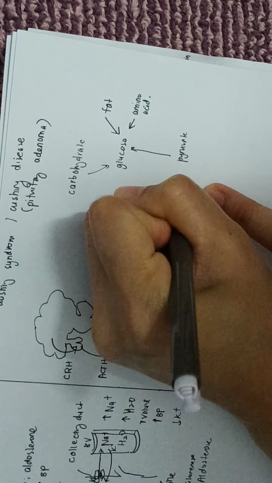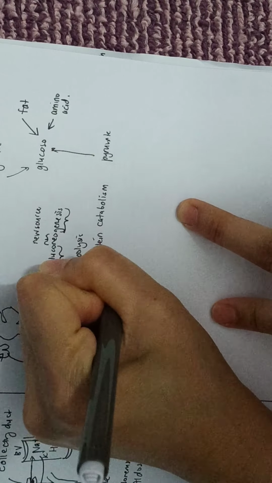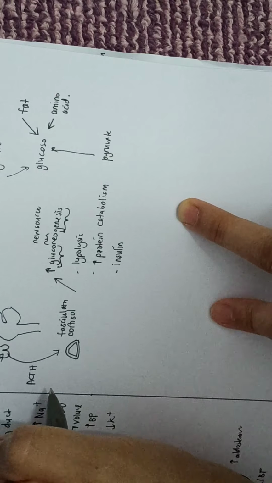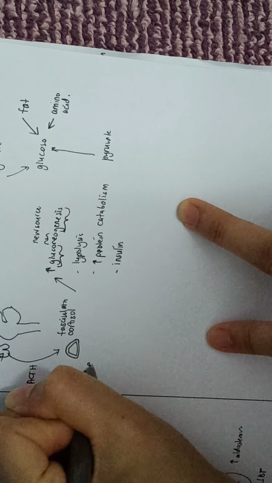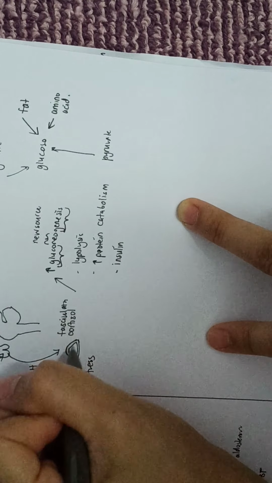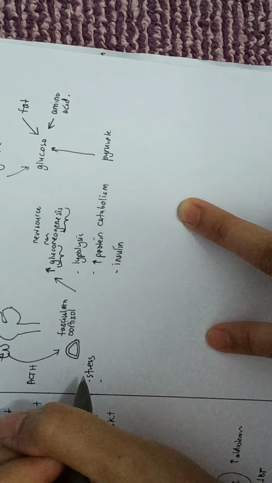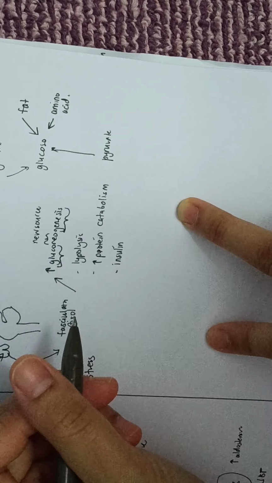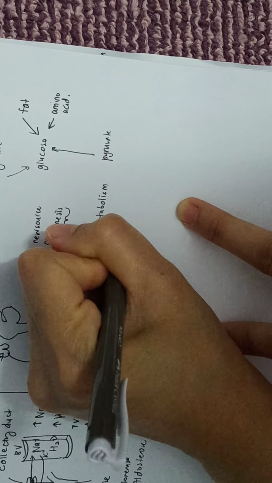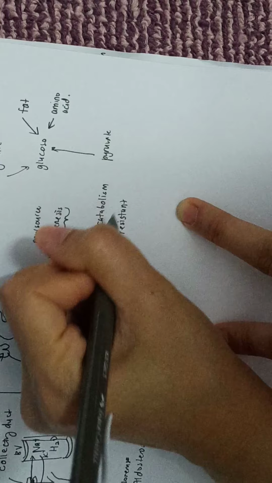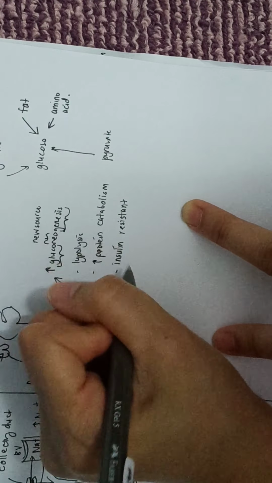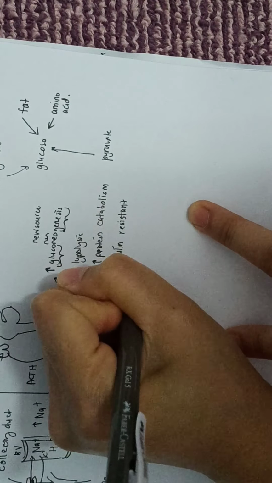So protein catabolism, and this condition is also very important to have insulin resistance, because at this point, in the stress condition, cortisol will be produced, or in the fight and flight condition where the body needs more energy, and also they become insulin resistant, so that the glucose will remain in the body to be used by the brain and also the muscles itself, and there will be increase in the fat